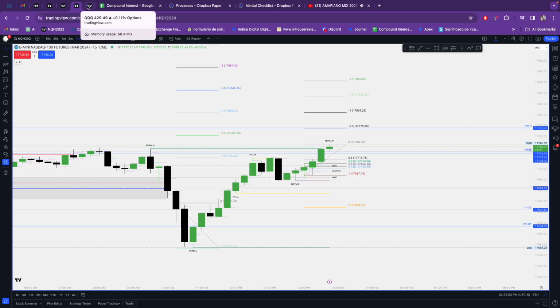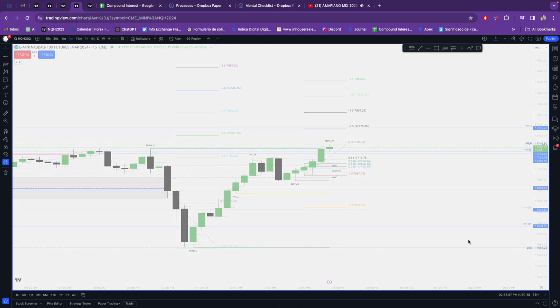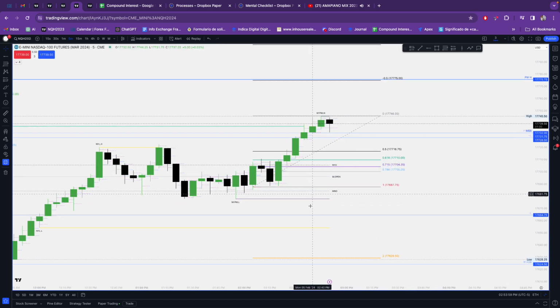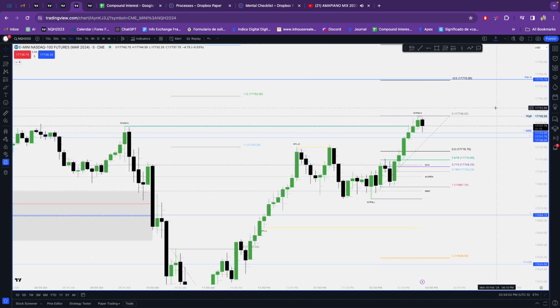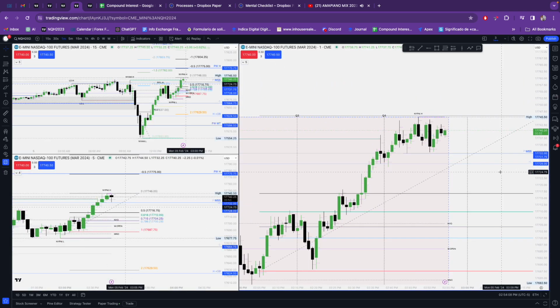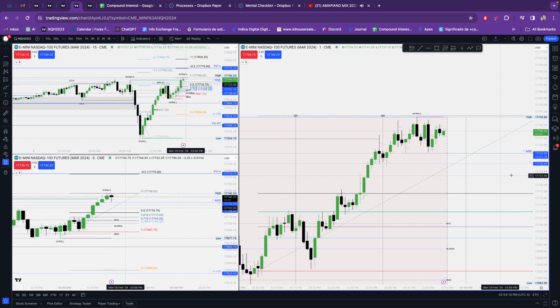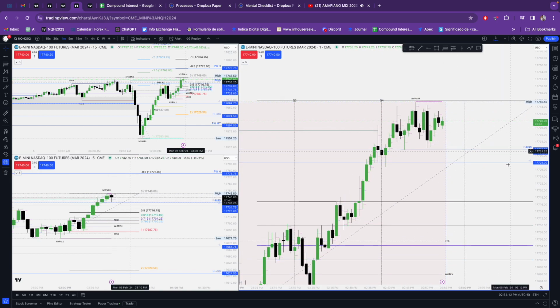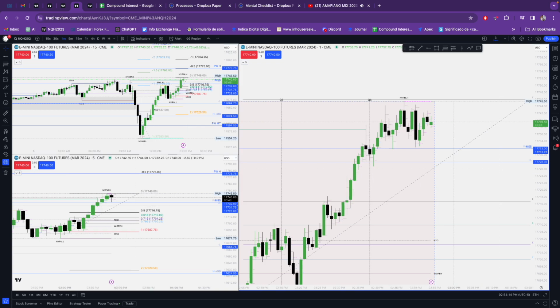So if I were to go long, it would be to an optimal trade entry, preferably on a 5 minute time frame. Shorts right here, I mean, they are advisable. They are possible, but I wouldn't expect it to be a huge run.